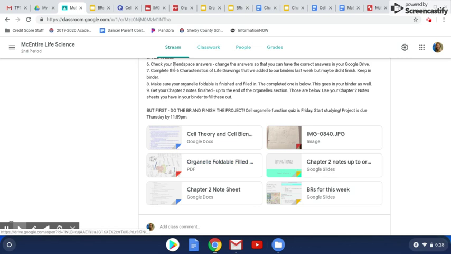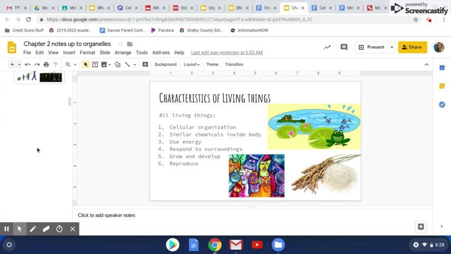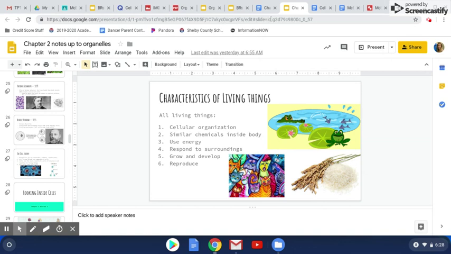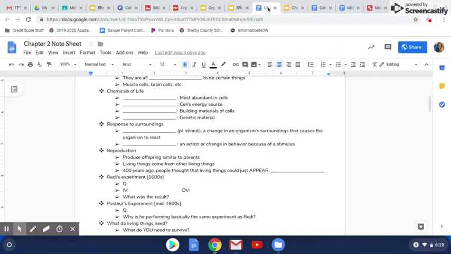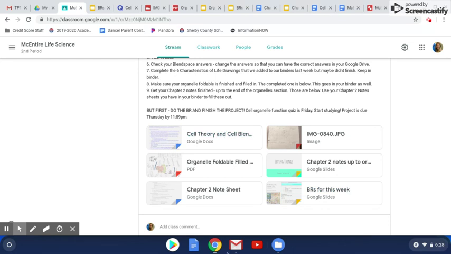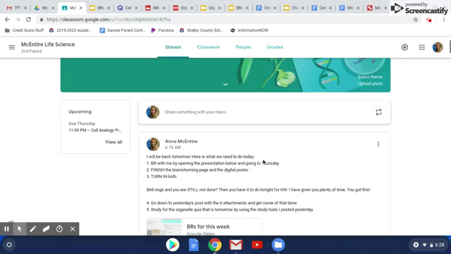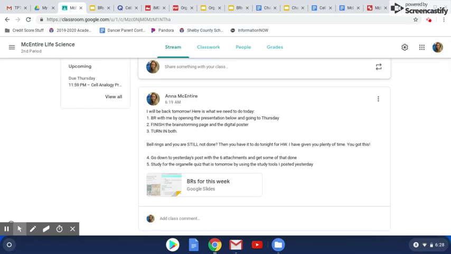And then we are going to fill in these notes. Okay. Just get as much done as you can. If not, we'll go back and go over them. But you're going to use these note sheets to fill those in. And all these attachments are right here for you guys, okay? But if you feel good about that, or if you'd rather